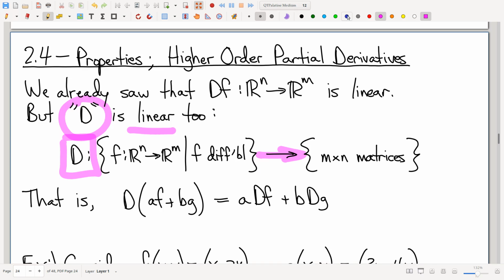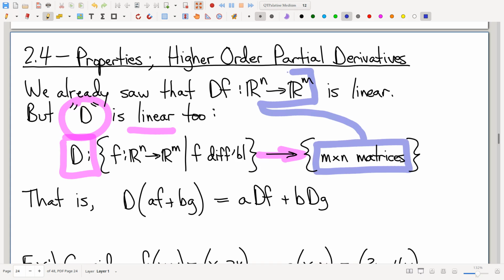This is not as obvious as it looks. There's a temptation to confuse the act of differentiation with the result of differentiation. And yeah, sure, the result of differentiation is the derivative matrix, and of course that's linear. It's a matrix. All matrices are linear. That part is clear. The distinguishing statement that I'm making here, and again, really not obvious, true but not obvious,